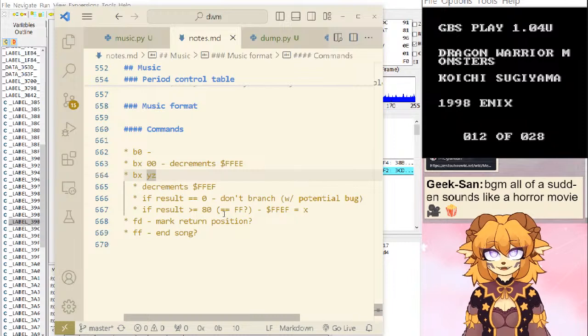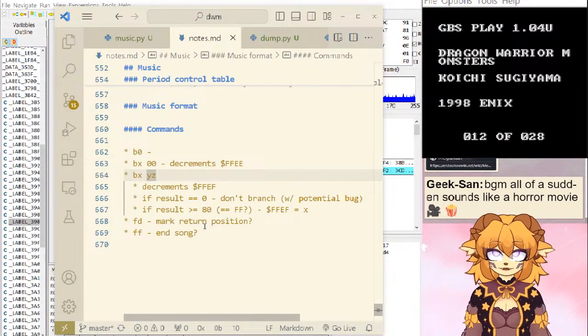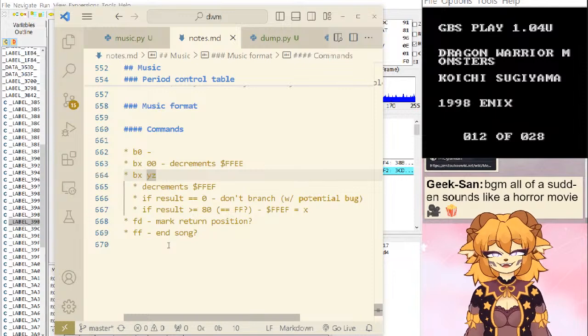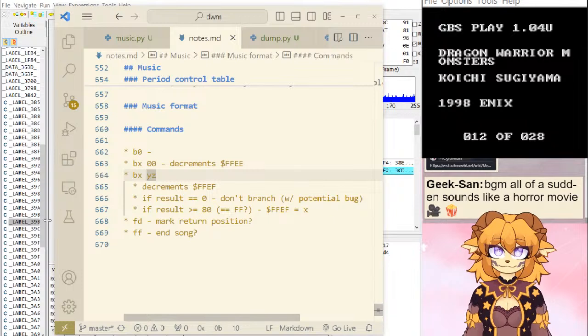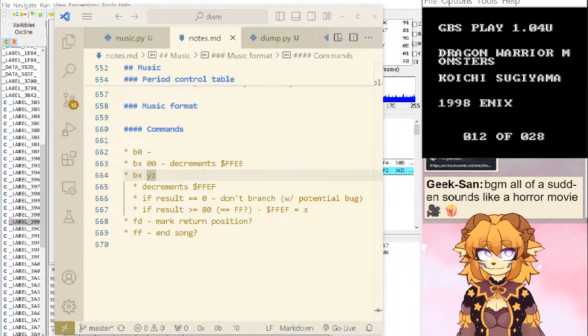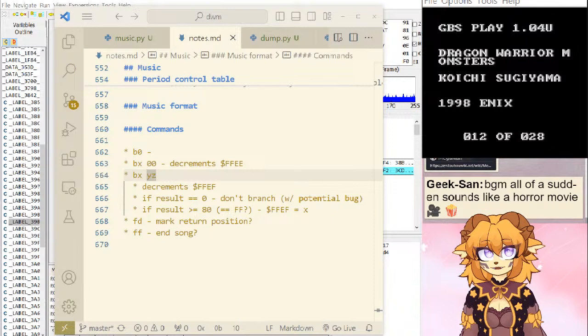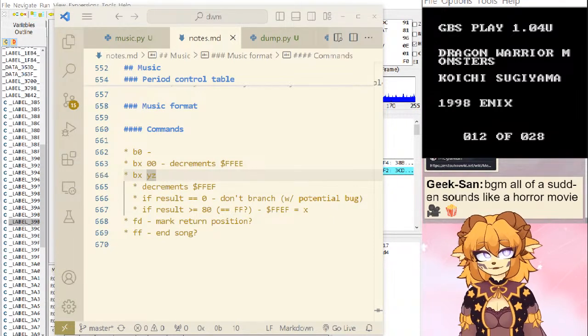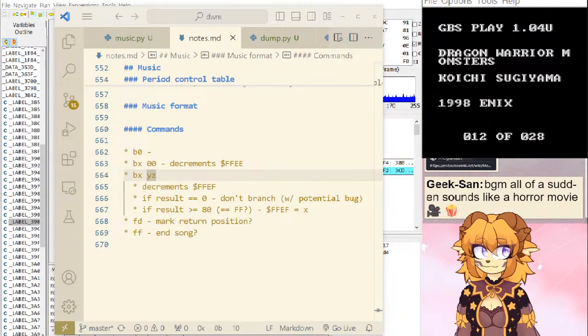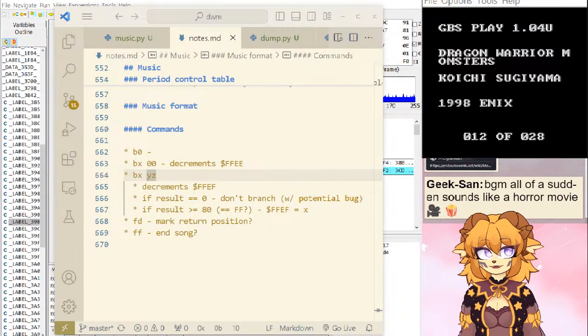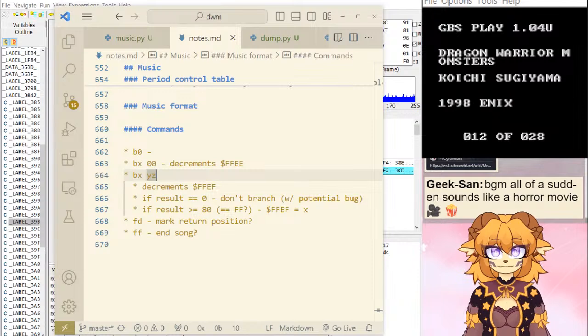BGM all of a sudden sounds like a horror movie. Yeah, I removed all the horror music, but this one is simply hip hop. I should probably remove it too. It's called Hip Hop Swerve Main. Well, they're all called main because they come with other samples. Yeah, hold on, I'll just remove it. We'll do Sniggy instead. Alright, sick playlist. It does jump scare me sometimes too.